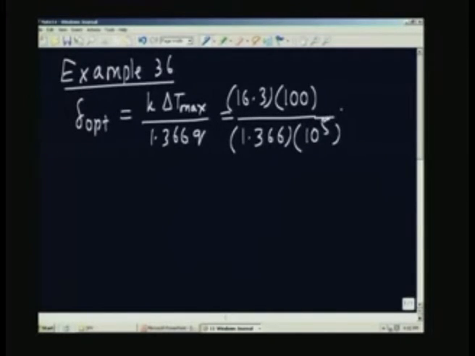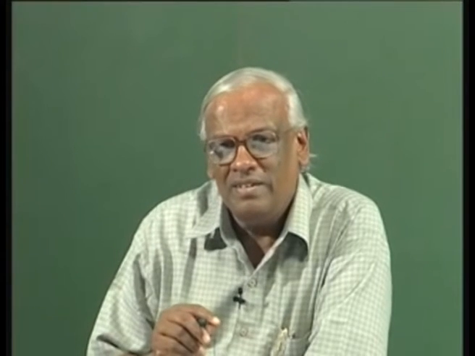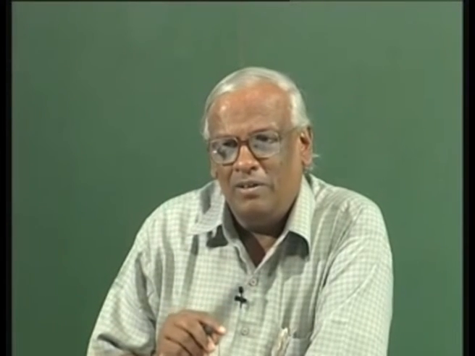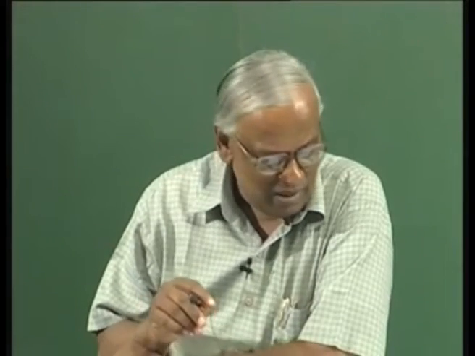So, in the problem we can simply change the delta T available to 100 instead of 50, and this gives you 0.012 meters or 1.2 centimeters for the thickness of the slug. It is a fairly thick slug. In the case of copper slug which we used in the previous example, it was only 3 millimeters. It has got a higher thermal conductivity also, and now I have made it thicker and also the thermal conductivity is lower. Therefore, it becomes a candidate for the second type of application.